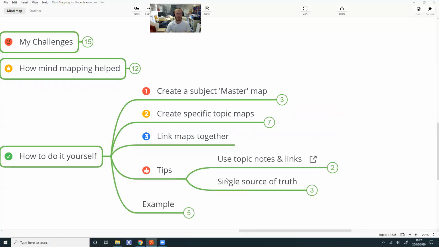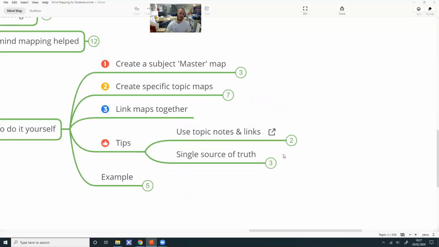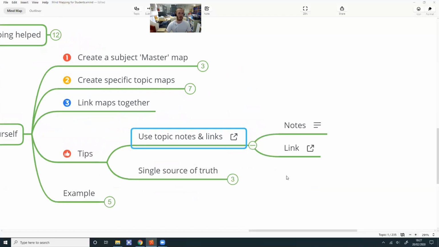So a couple of tips before I do is to use the topic notes and links in mind mapping software. So notes and links are two really, really powerful features of all good mind mapping software that enable you to capture a lot of extra information without creating a lot of clutter in your mind map. So notes is a really nice function whereby you can, on any topic,